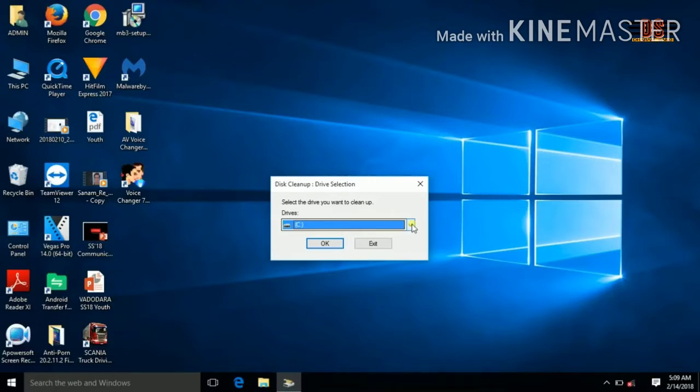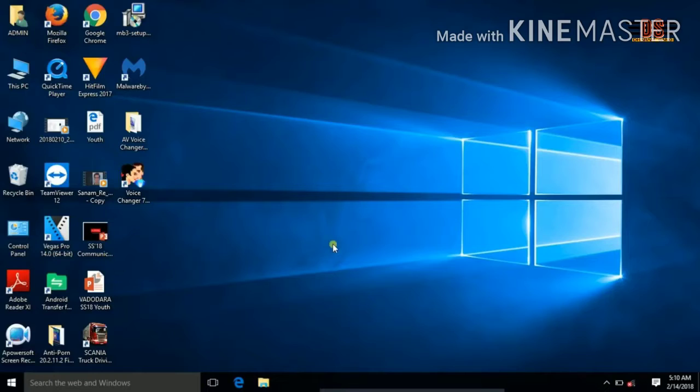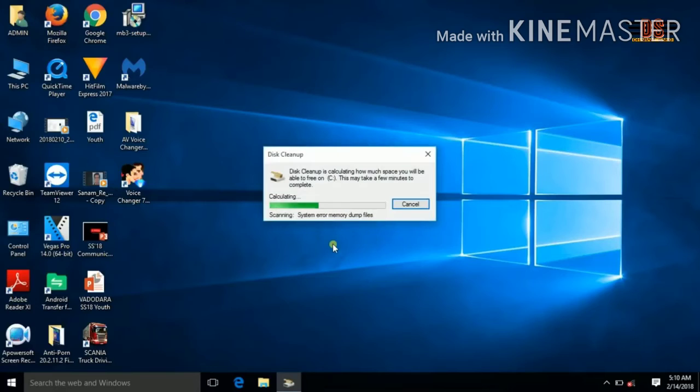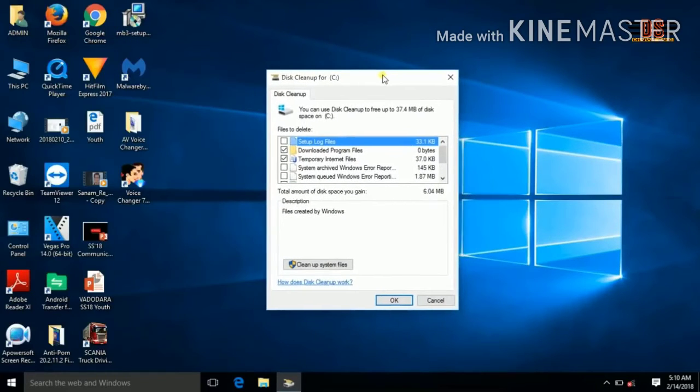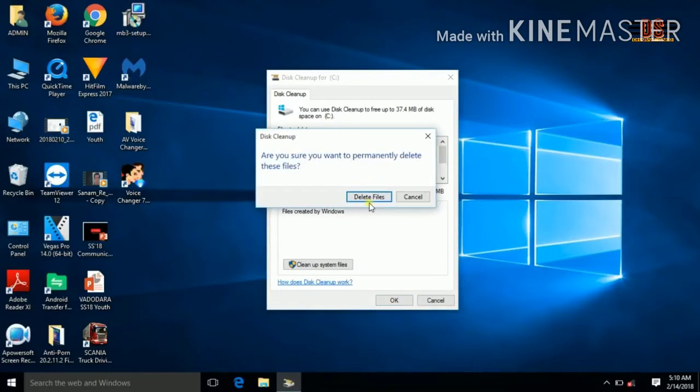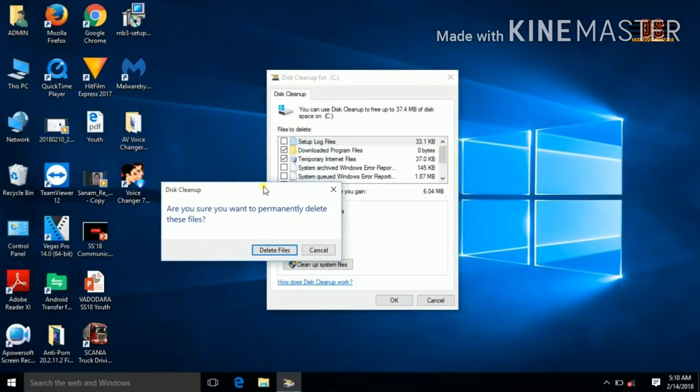See, in the window the pop-up is there. After giving the drive we click on the OK button. Clear? Now it is cleaning our data. It cleans viruses, worms, and whatever else, by this Disk Cleanup manager, cleanmgr. Here we are selecting the files. So that means we are permanently deleting our files by the delete files option.